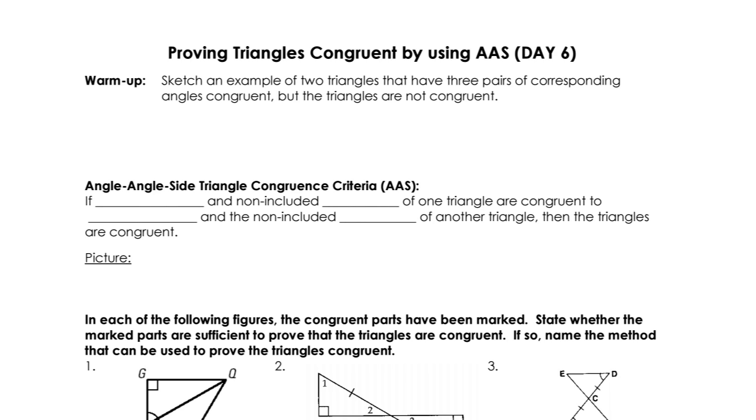Okay. So I'm going to draw you 2 triangles that have 3 pairs of corresponding angles congruent. Both have a 90, both have a 30, and both have a 60. However, these triangles are not congruent because they are not identical twins of each other. One is way bigger, meaning that its sides are bigger, making the triangle bigger, all right, but the angles are